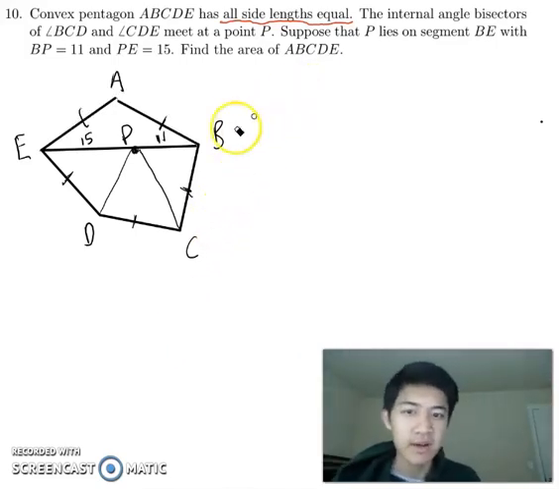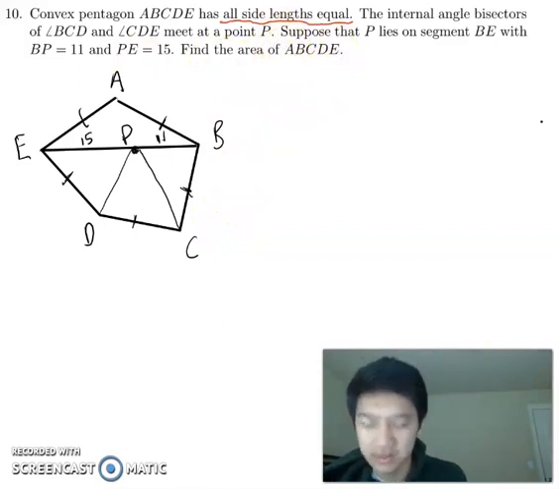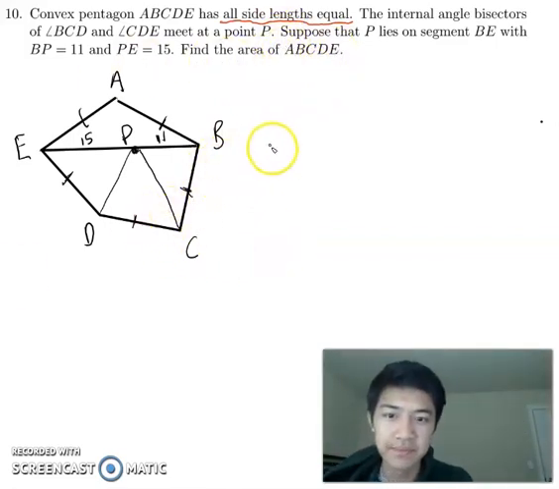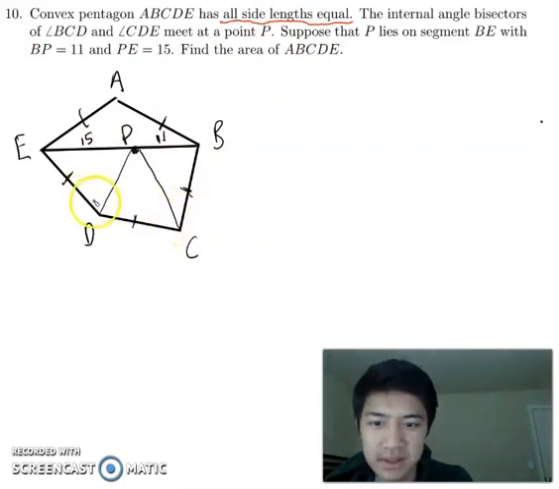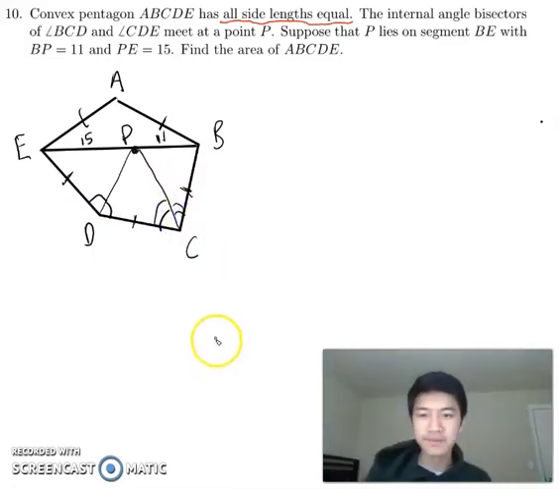And now it's asking us to find the area of the pentagon, but for right now, we're just going to focus on finding the dimensions of the pentagon first. So one thing that we know is that these two angles are equal, and we also know that these two angles are equal. Okay, and now